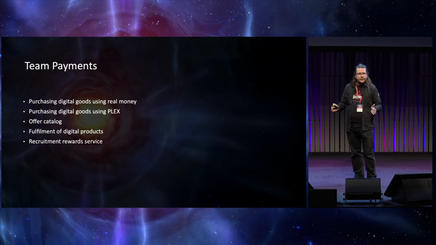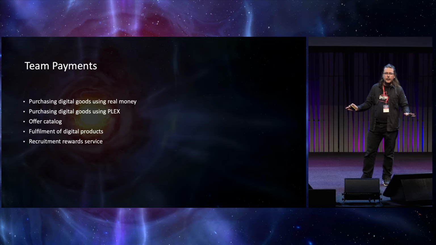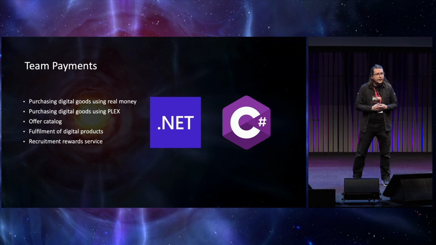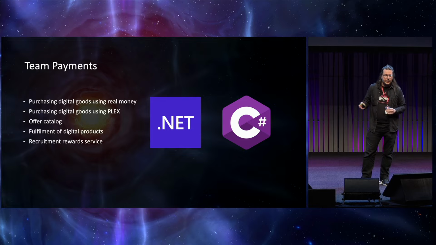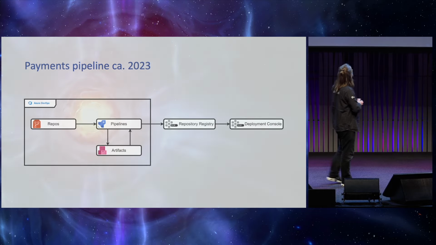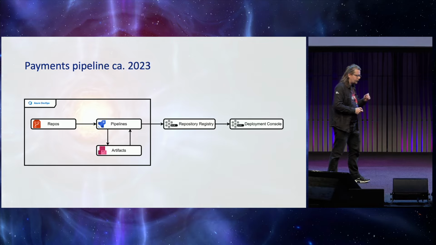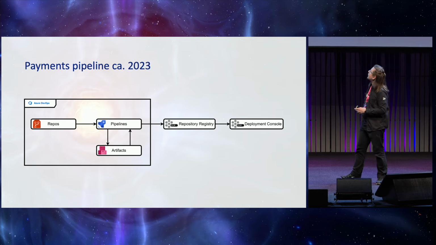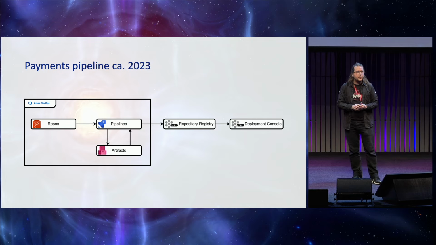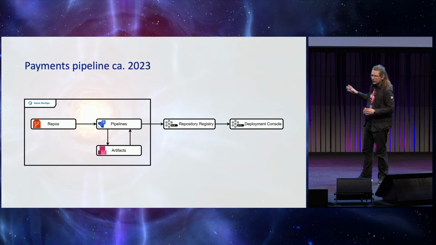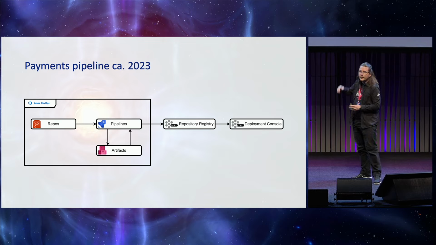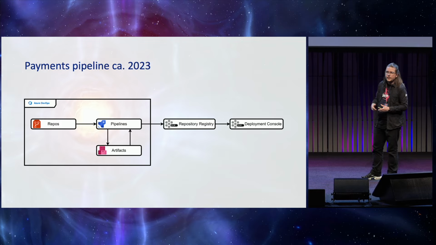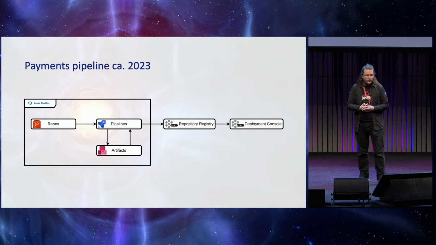So what changes and benefits have we seen? Well, we're a bit unique within the company in that we primarily use .NET and C#. And as a result, we had a unique CI/CD pipeline. So here's the Payments pipeline circa 2023. .NET is a Microsoft product, so it has tight integration with other Microsoft products, such as the Azure DevOps cloud computing platform. We, and we alone pretty much, were using Azure Repos for distributed version control, Azure Pipelines for build services, and Azure Artifacts for library artifact storage.